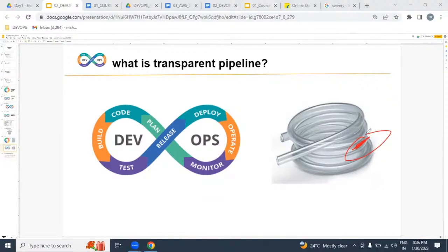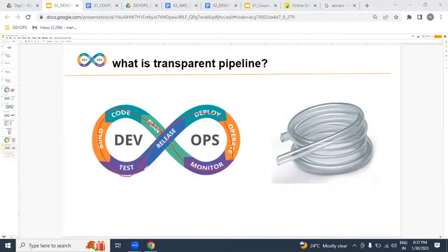We can deliver within the shortest time. We can increase the quality and decrease the cost. Who doesn't want this technology? Who doesn't want this process? I hope you understand where we are and what we are going to discuss. The same thing we understood in this pipeline applies to the DevOps process also. This is exactly an automated, transparent pipeline.